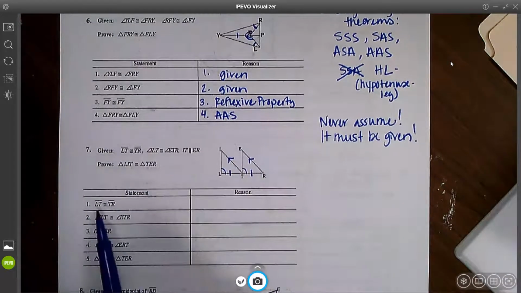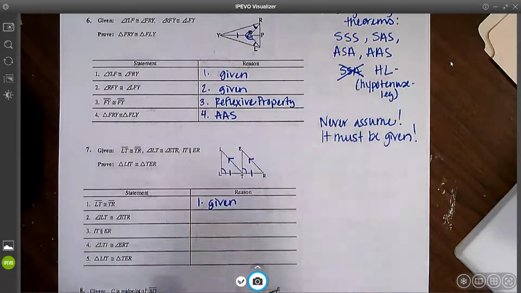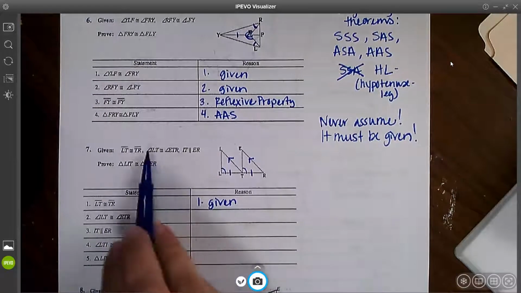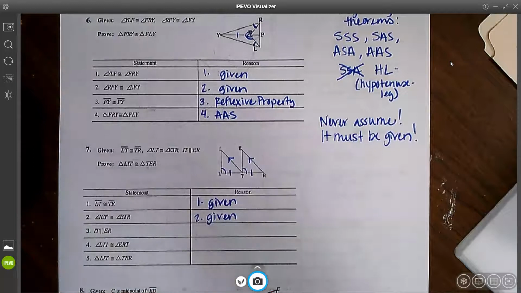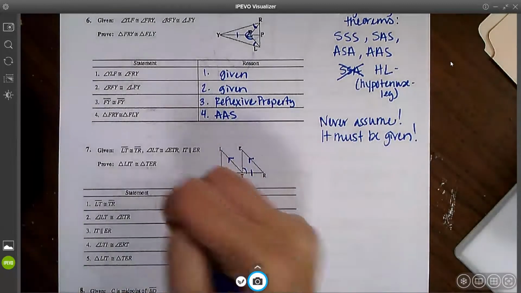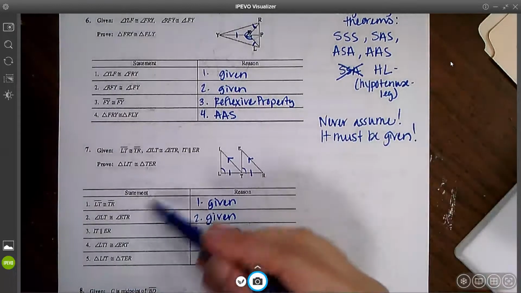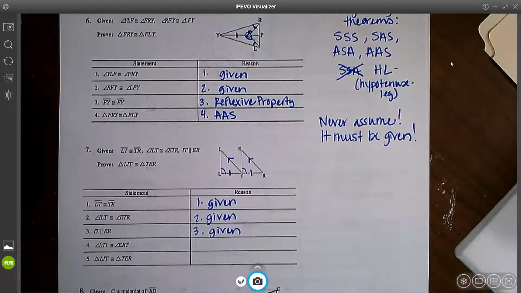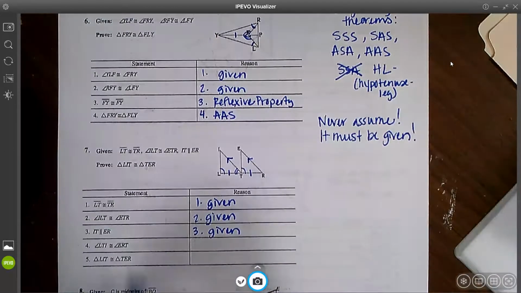So now LT and TR, that's given to us. That's how we know that's true. Angle ILT and angle ETR, again, is given. And most of the time I will write all of my givens as one statement, instead of having 3 different statements here, like this one does. So whenever I'm doing it on my own, I will probably combine these 3 into one statement. Then it says that angle LTI, that is this angle here, is congruent to